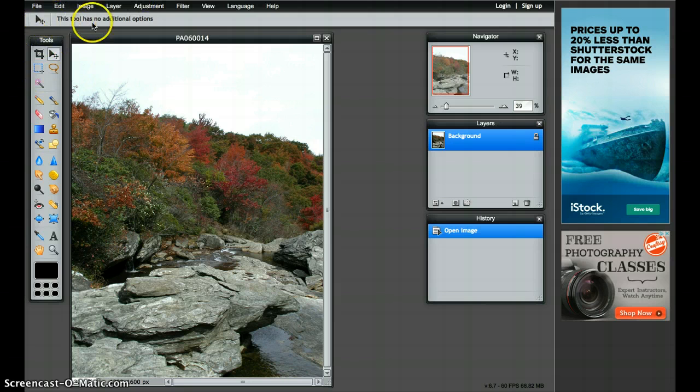This is our properties panel, and what's there depends upon what tool you're in. Okay, this is the tool panel, and this is the navigation panel, this is the layers panel, and this is the history panel. Okay, the first thing you do when you start editing a picture is you will either crop